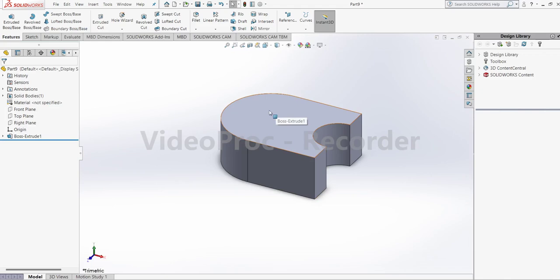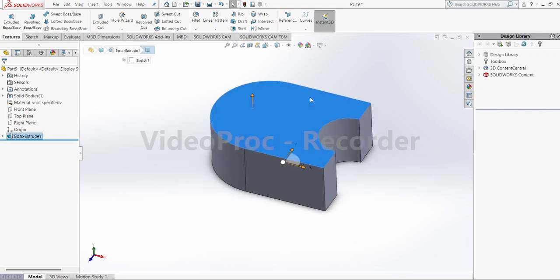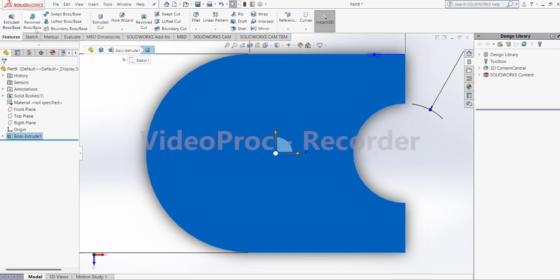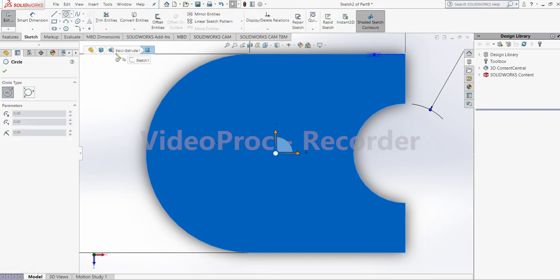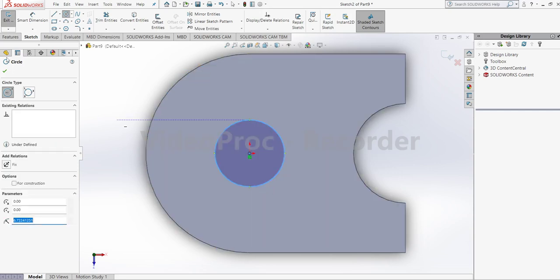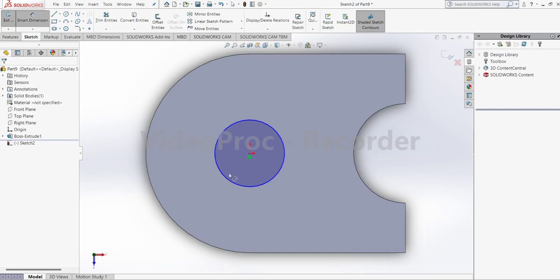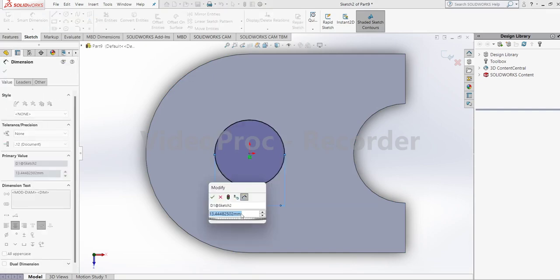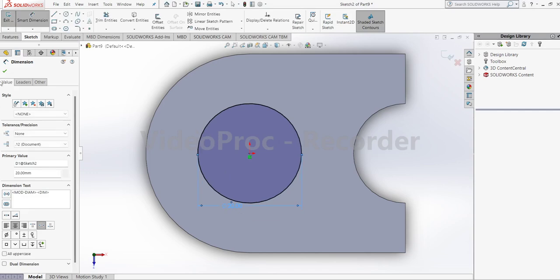So click on this face, normal to, go to sketch, circle, place the cursor here so that you will see the center. The center is still at the origin. Place a circle, click OK, go to smart dimension, give it a diameter 20, click OK,